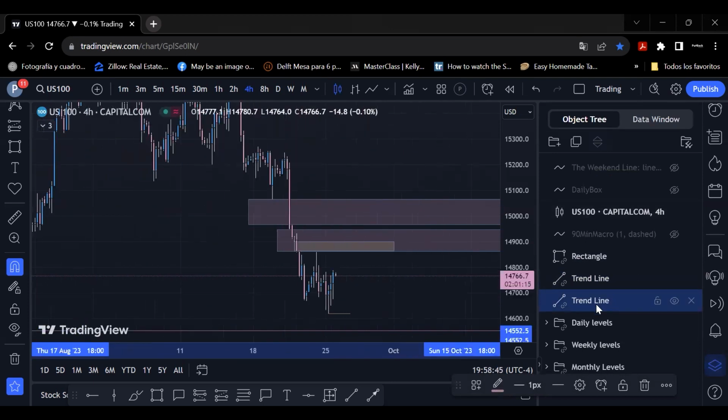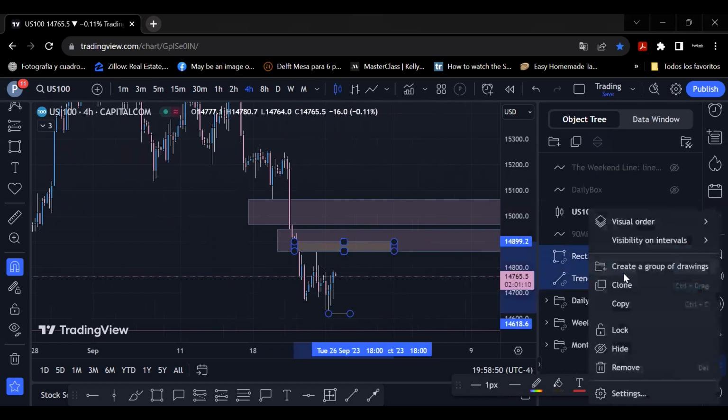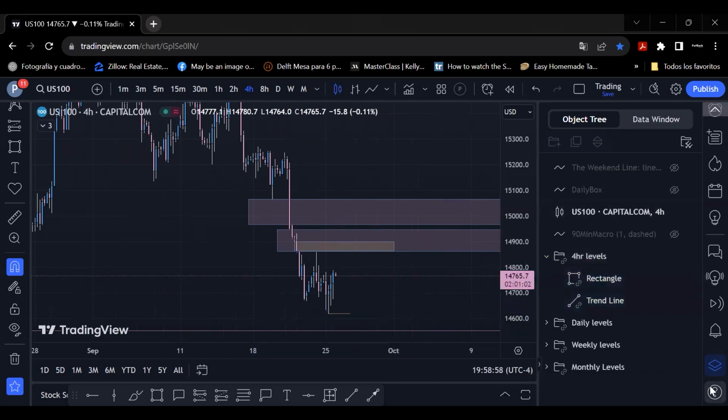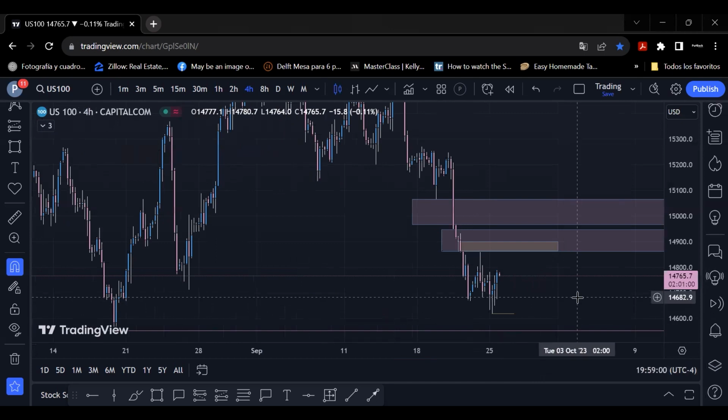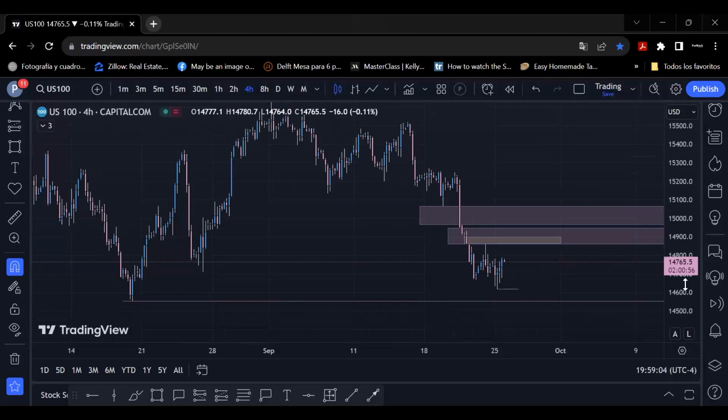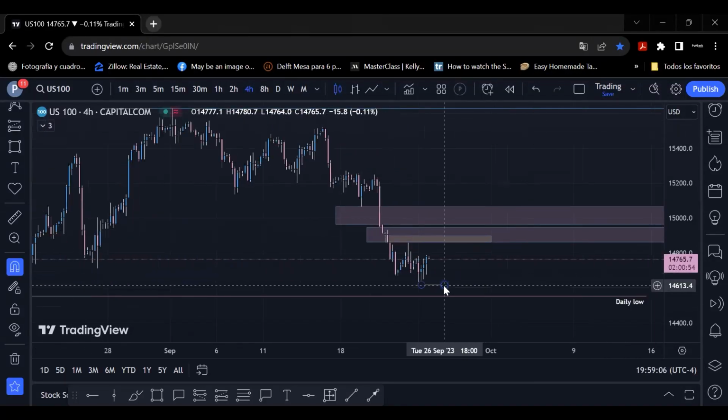Okay, this is a daily, so let's drag that one into the daily. And these two are 4-hour levels. Okay. And that's about it, I believe. We could possibly mark